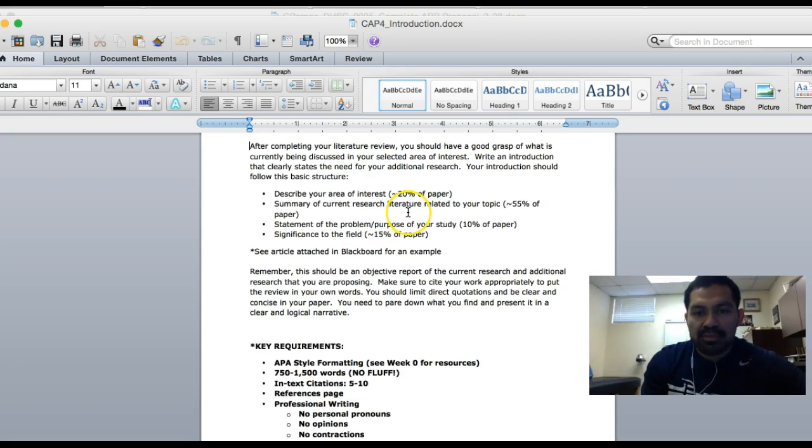Statement of the problem or purpose of your study. So for that part, you want to describe essentially why this study is going to be important. Is it something that helps society know something more about how to lose weight, something about how to recover faster from an injury,